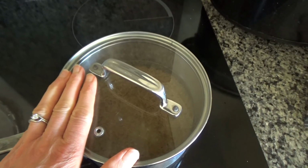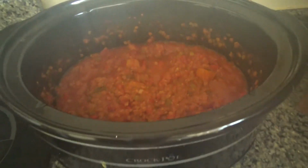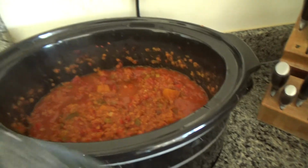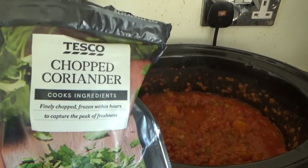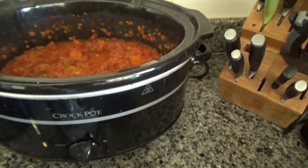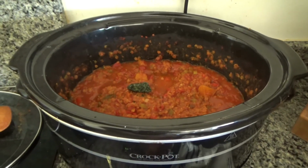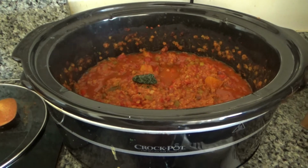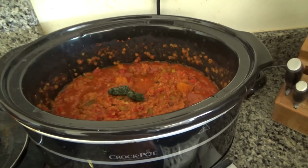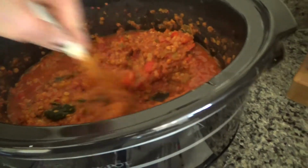So my rice I've put on to boil. And in this pot here, my slow cooker pot, I have the lentil chilli, and I'm just going to add some chopped coriander to that. So this is frozen chopped coriander. So I'm just going to add a little bit of this to the pan, and then to the slow cooker pot, sorry. I'm just trying to break it up with my fingers, so I'm just going to add a little bit of that to there, and then I'm going to go and get some kale from the fridge and add that,